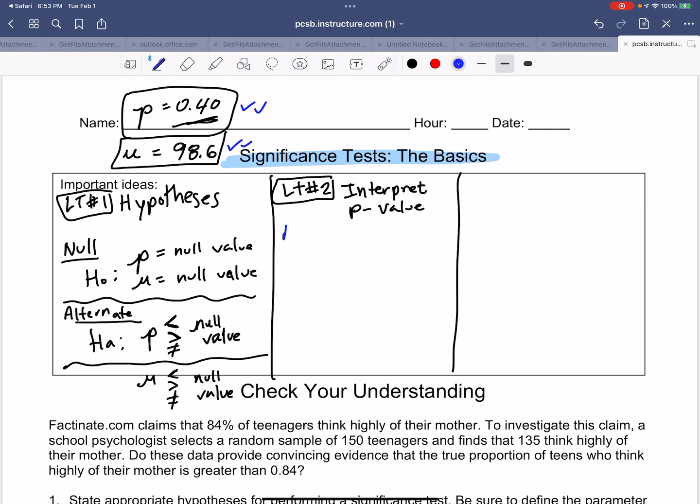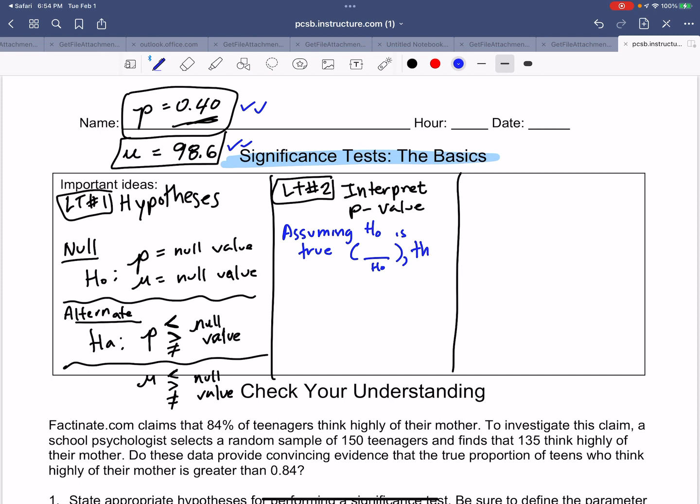We first must start with assuming that H sub 0 is true, right? And then we say what that value is, whatever that is, right? So whatever H sub 0 value is, assuming that it's true, assuming that the average temperature of an adult is 98.6, or assuming that the nationwide proportion of adults that think Trump should have won was 40%,